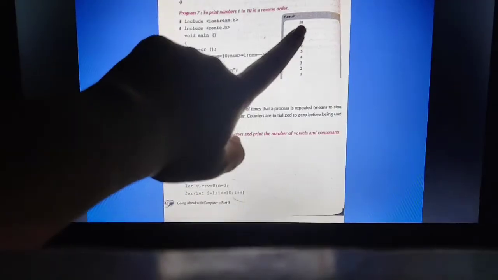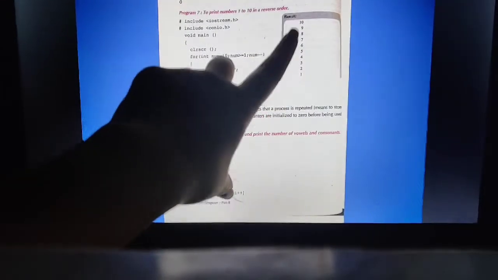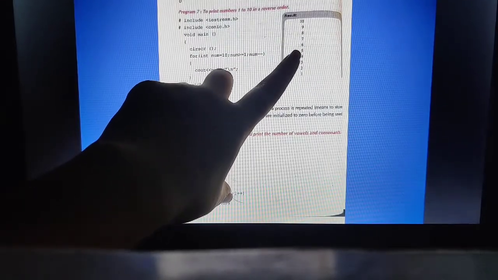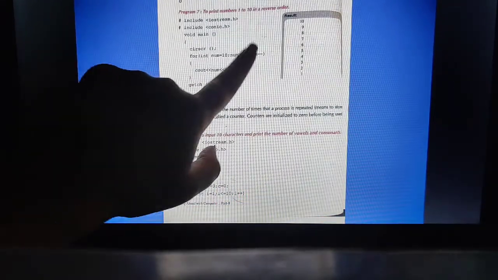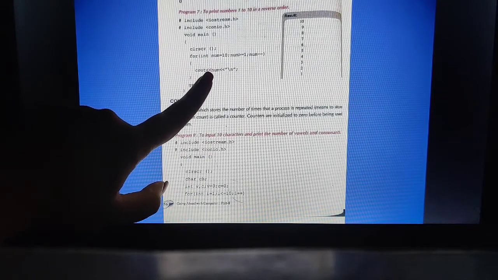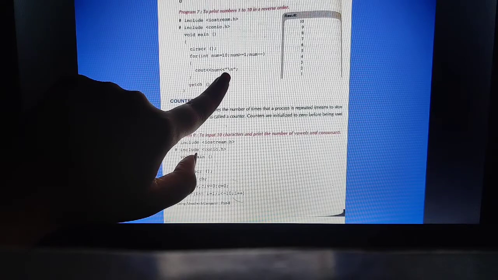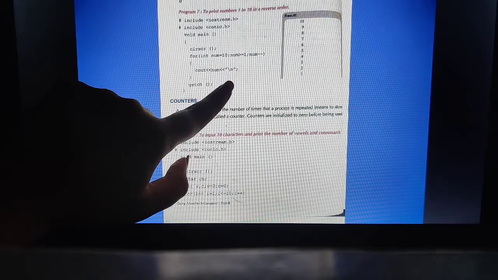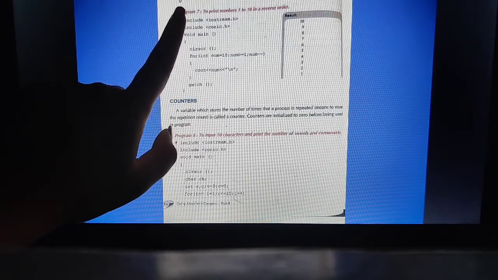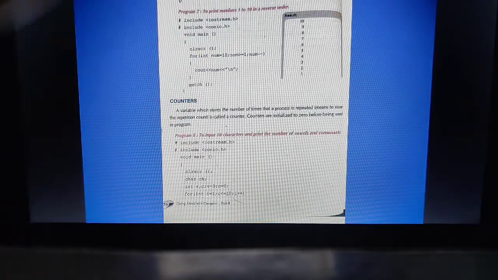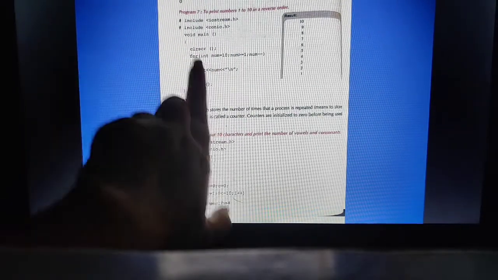Like for example, if we see this program, we have got a series printed: 10, 9, 8, 7, 6, 5, 4, 3, 2, 1. We have not written the statement 10 times, right? But this statement has been executed 10 times. Fine. So the counter will be 10, because it is actually executed 10 times. This complete thing is executed 10 times.